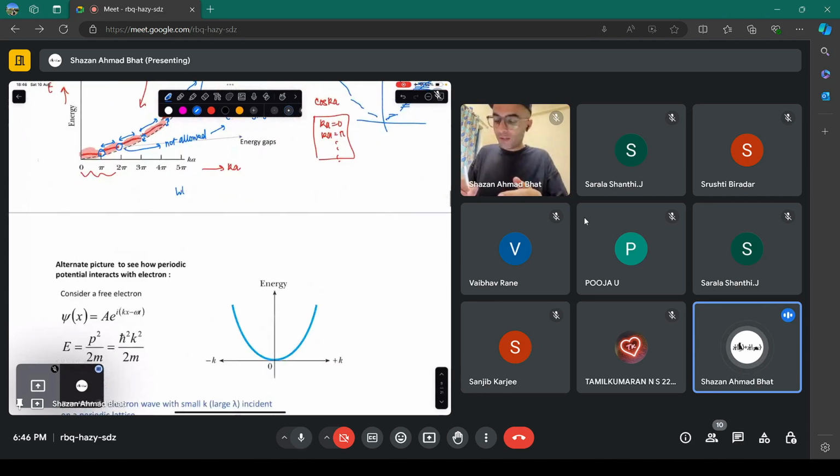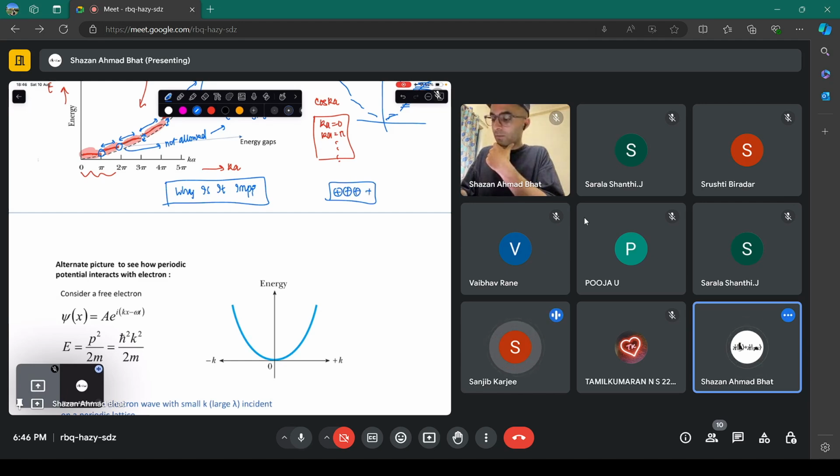Now, why is it important? It is important because it says that an electron cannot have all of the energy values inside the solid crystal. Whenever the electron is in the solid crystal,